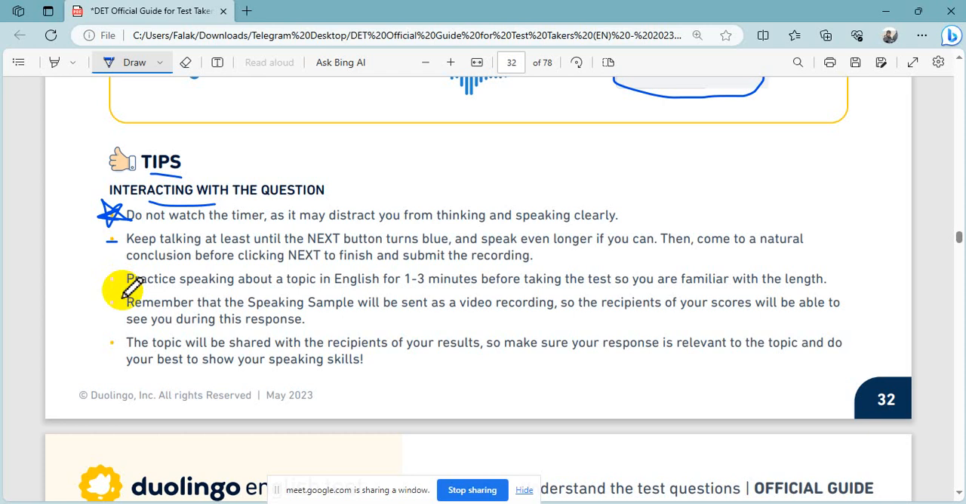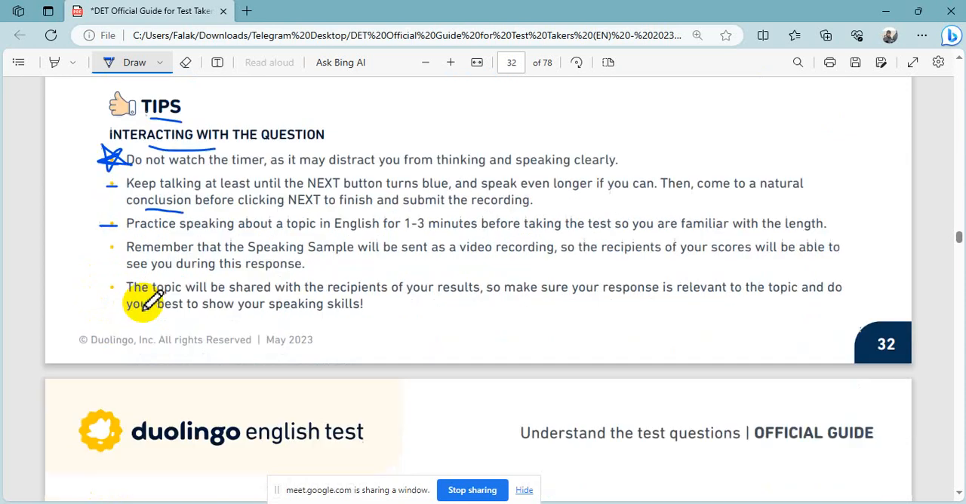Yeah, guys, it's really, really good to have the conclusion. So it means every talk should start with an introduction and end with a conclusion. Every writing piece or speaking piece which you have, if you start it with an introduction and end it with a summary or a conclusion, it shows that you are academically a good candidate. So you are someone who understands academic language. So that's it. And the next step says, practice speaking about a topic in English for 1 to 3 minutes